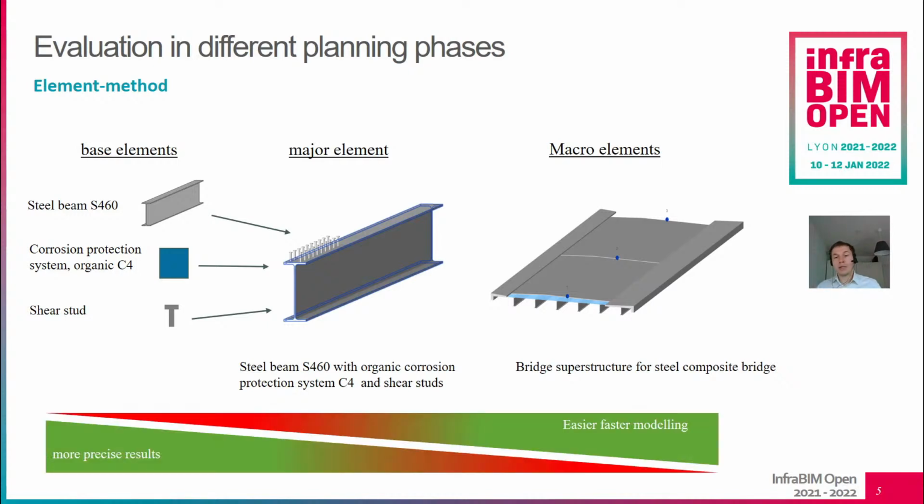The advantage when I go through these base elements is that I am really precise, because I can use exactly the amount which was used in this project. And when I'm working with macro elements, I'm way faster, because I only have to assign 3 or 4 objects to my whole bridge. But the results cannot be as accurate, because all the shares of the elements go in with statistical shares and not with their project-specific quantities.